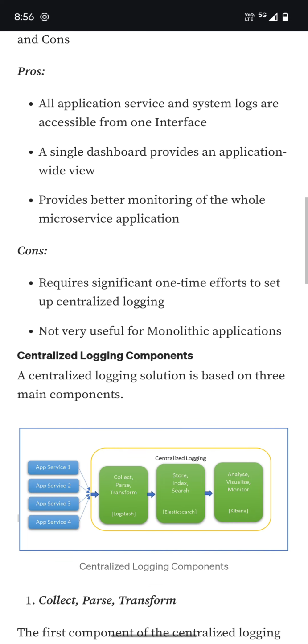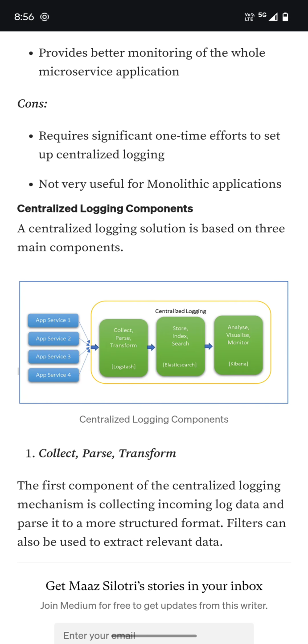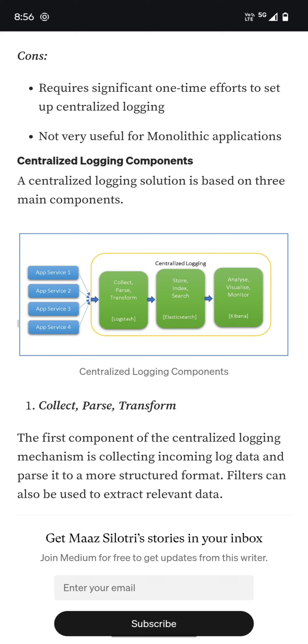You can see here. Okay, and you see the simple architecture I'm going to explain. Logstash, you see, is collecting, parsing and transforming. As I told you, you will have all these configuration details. The main thing is to collect, parse and transform all the logs.